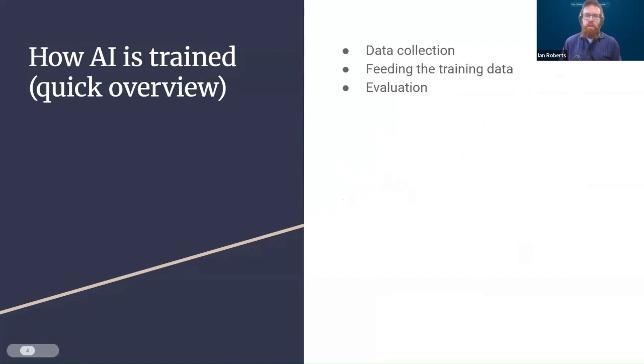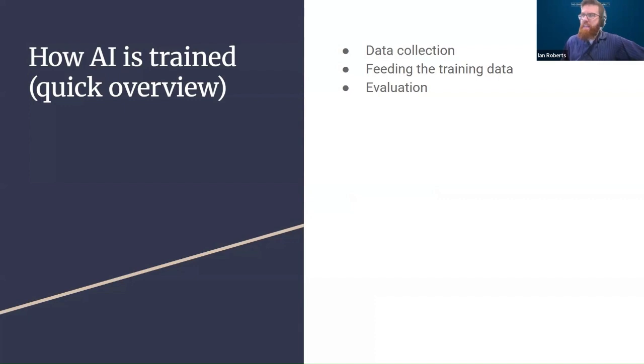So real quick overview on how AI is trained. Every LLM is trained differently, and companies that build and train these models generally are not transparent about the way these things are trained. So we can't know for sure how, say, Perplexity or Consensus is built. But there's a general process that they all go through. First, data collection, building the data set that you use to train your model. This can come from books, articles, videos, any type of content really. For the larger, more popular models, you're talking about huge chunks of the internet being used for training purposes. It requires a lot of data.